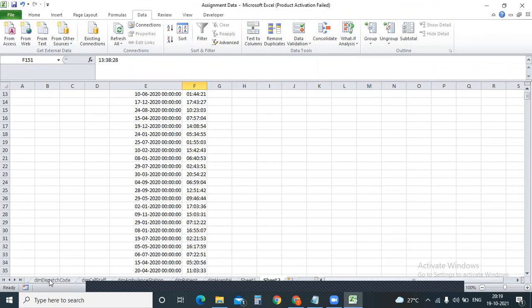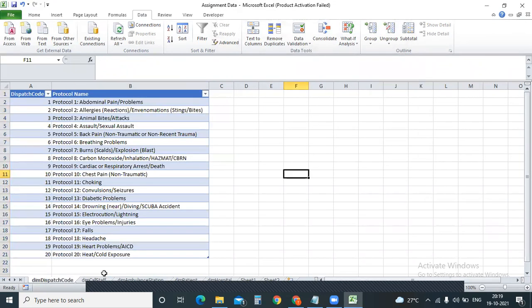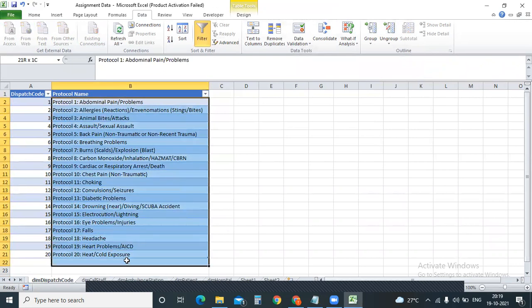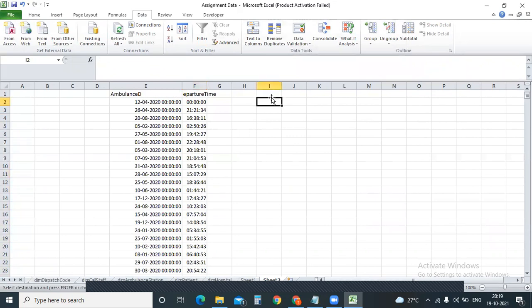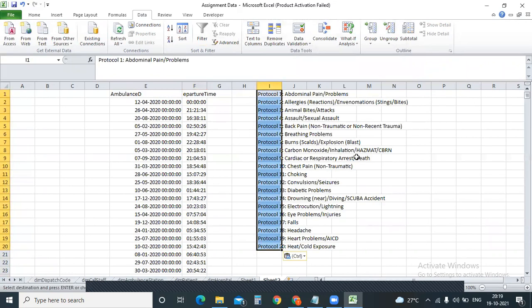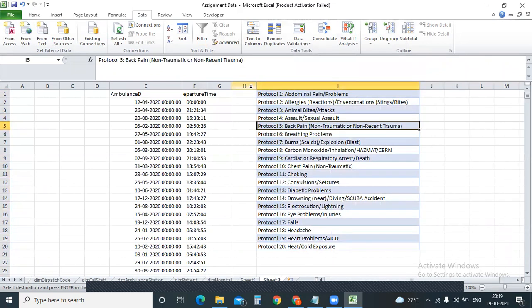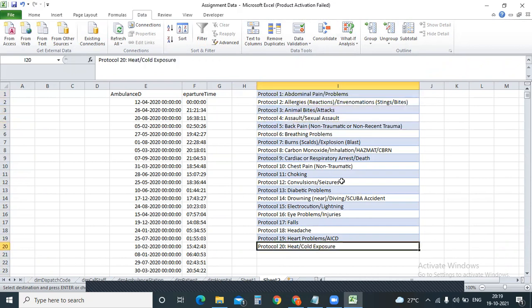In another scenario, let me take another example. Let me copy this data and put it over here. Now can someone tell me, I need this protocol once in everything. For example, this is the data: protocol 1 some data, protocol 2 some data, 3 data, and protocol 20 some data. Now there is a fixed delimiter here, which is called a colon. What is before this colon should come in one column, and what is after it should come in another. How can I do that?